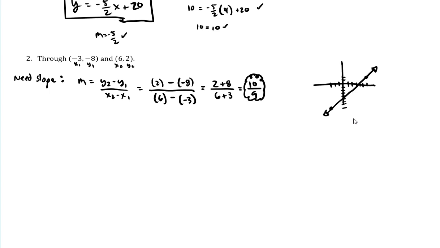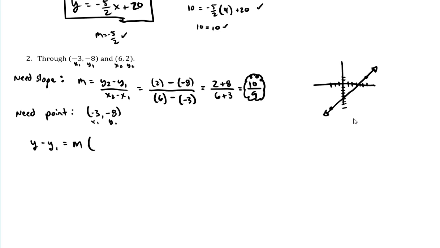Okay, and then we need a point. Notice it is positive 2, which matches the steepness of it. Should be positive. And then we need a point. Well, we already have a point. And you could choose whichever one you prefer, actually. You could choose this one. You could choose that one. It doesn't matter. I'm just going to go ahead and choose that first one because it's already marked as x1 and y1. Okay, so now that we have the slope and the point, now we can go to our equation, our point-slope